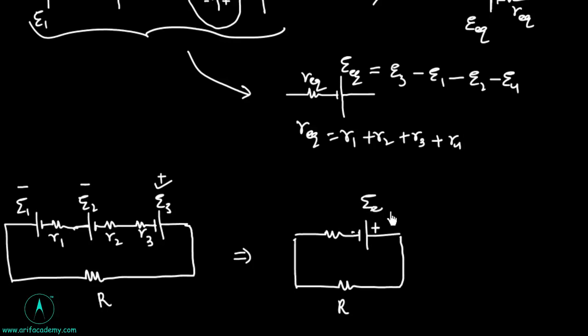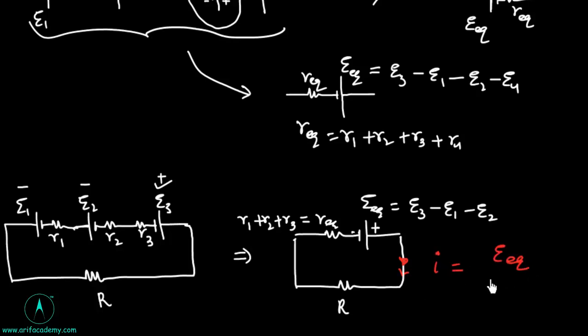So equivalent EMF will be E3 minus E1 minus E2, while R equivalent will be equal to R1 plus R2 plus R3. So current will flow this way and its value will be E equivalent upon R plus R equivalent. I have taken the positive terminal to the right side, so current will flow like this. Suppose this comes out to be negative,